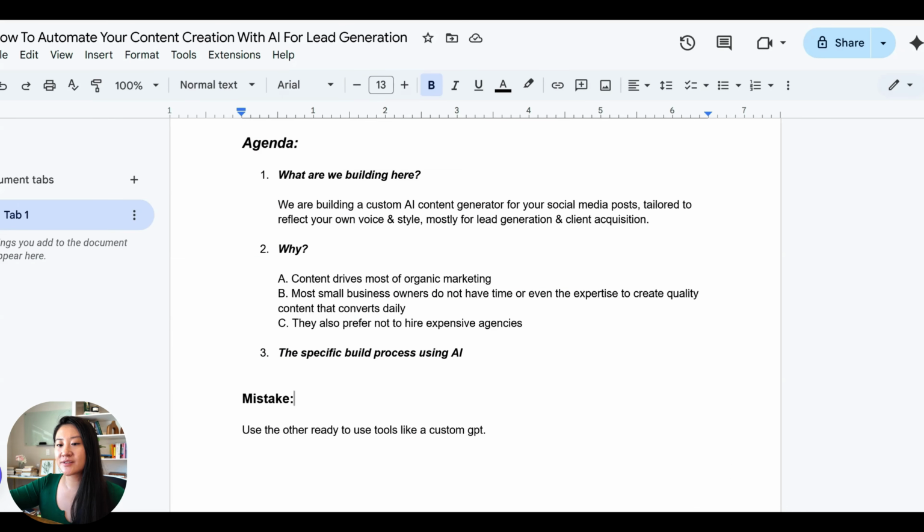And lastly, I want to briefly mention the mistake that I'm seeing a lot of small business owners making when it comes to posting social media content. What they're doing here is defaulting to a lot of the already made tools like custom GPTs. I think there's one GPT there that helps you generate LinkedIn posts. That one is definitely better than not posting at all, but I don't think that's the best approach because it doesn't really leverage